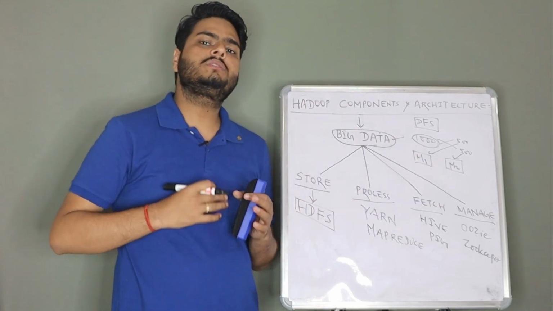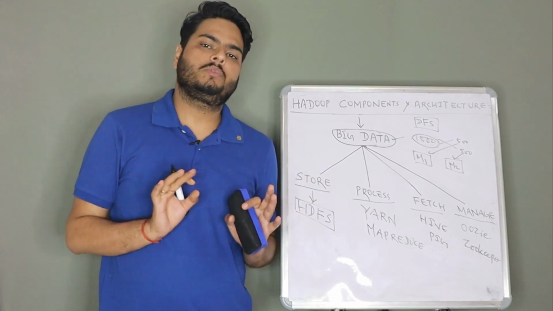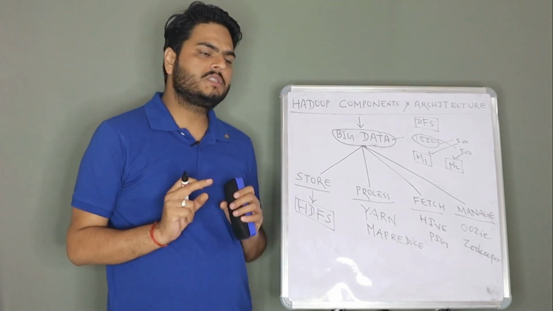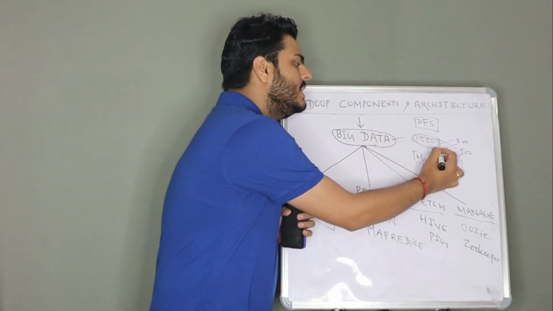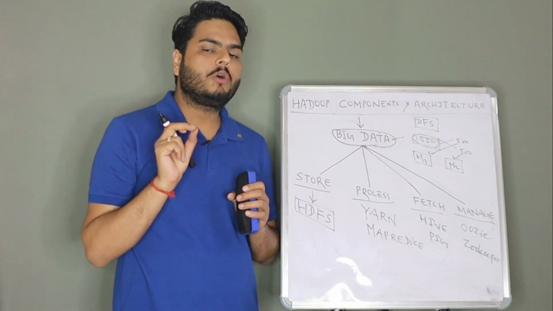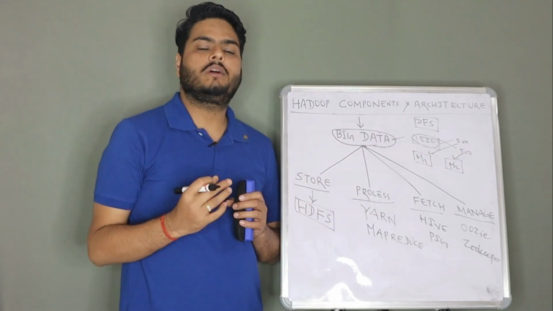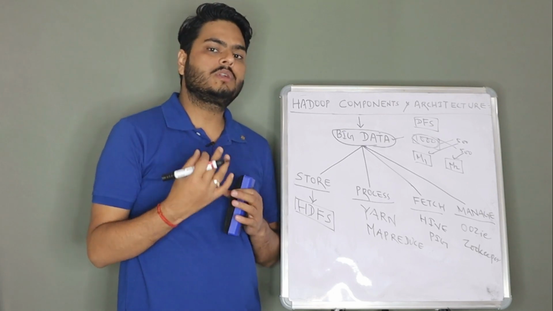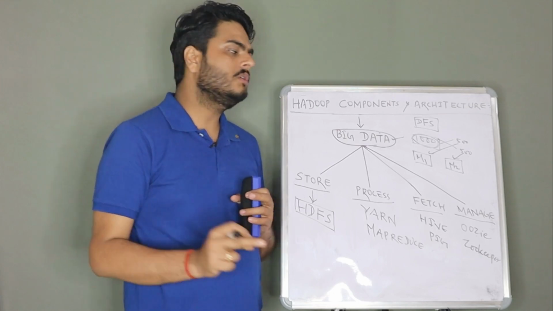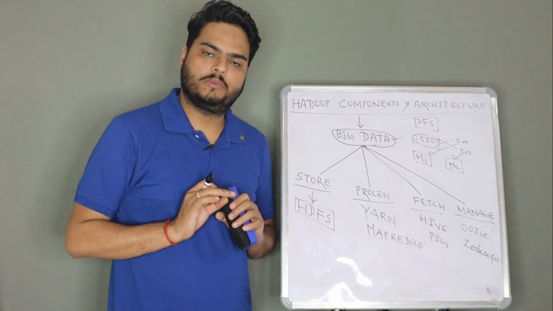Now you will ask how it is different from me keeping 10 computers and storing my file on all those computers. How it is different is it will work in parallel. For example, if I want to do some operation on these 1000 records, then I can operate in parallel on these 500 records and these 500 records, which means the latency, or the time taken for my processing to run, will be half of the actual time, because I am using the processing power of two machines here. This is in short what is called a distributed file system.